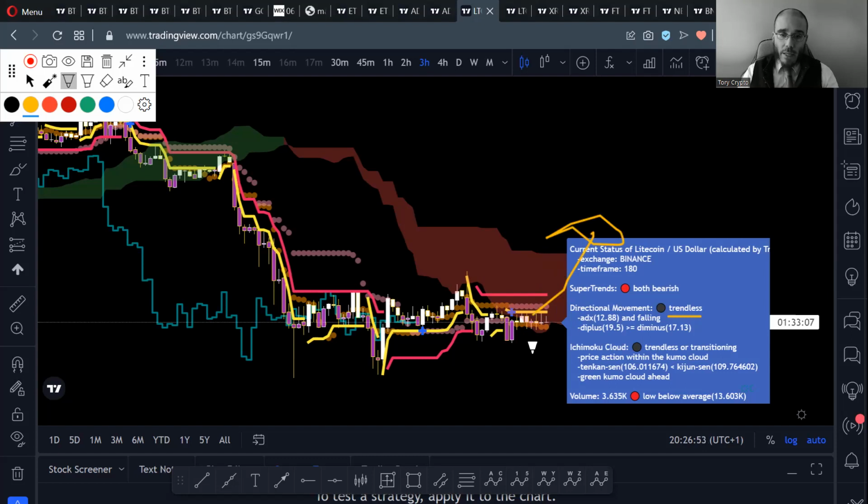And the second thing that can happen is that price breaks down, and you get a short position. In that case, you break again out of the Kumo, and it would be this first indication that you take a short position on